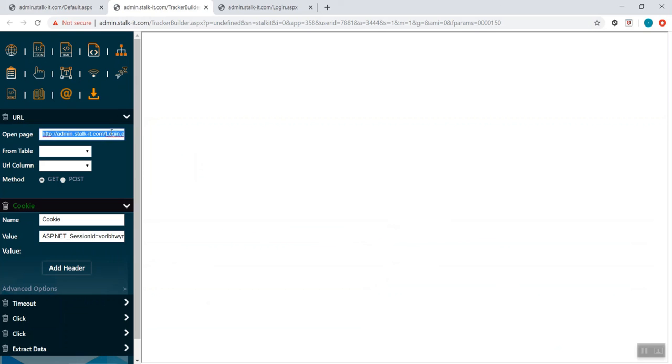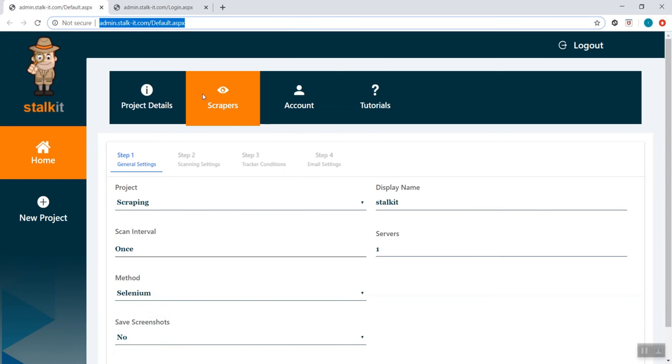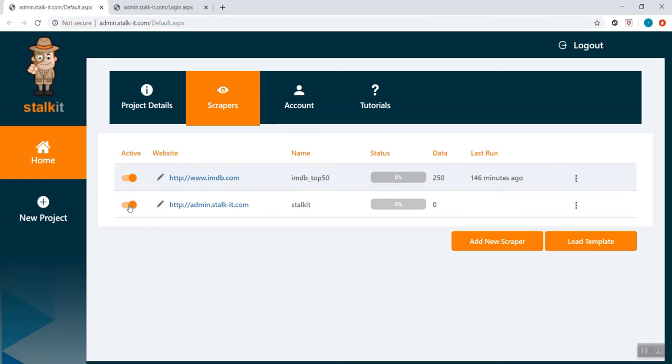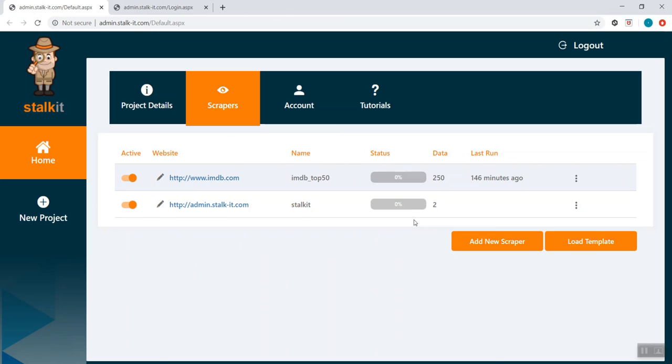Let's run it again. As you can see, even though we didn't put any username or password, we still managed to get the data